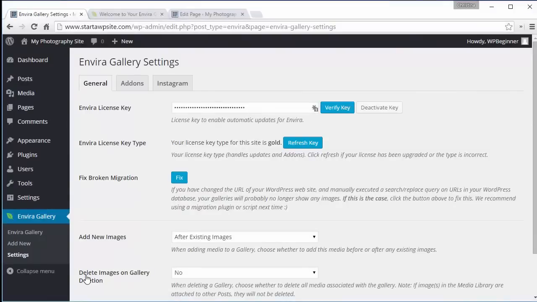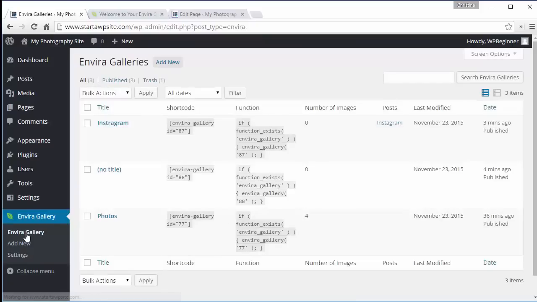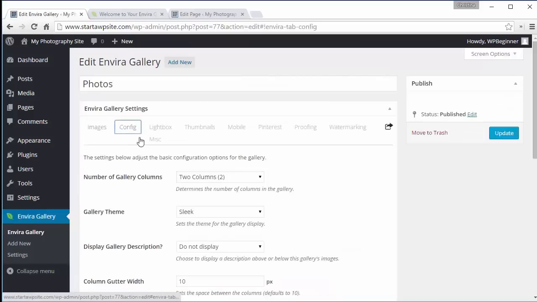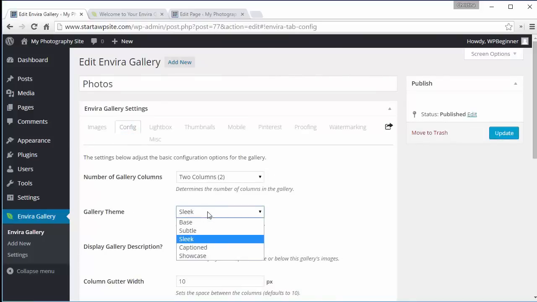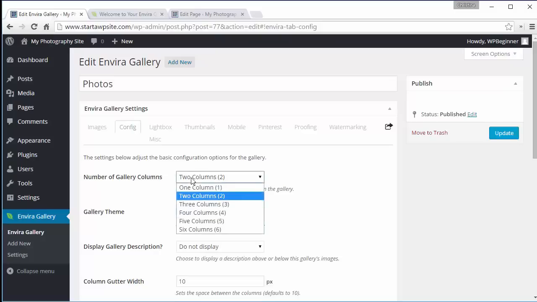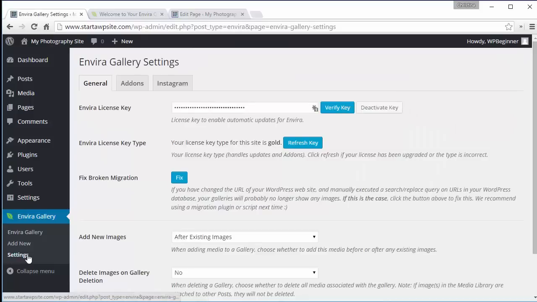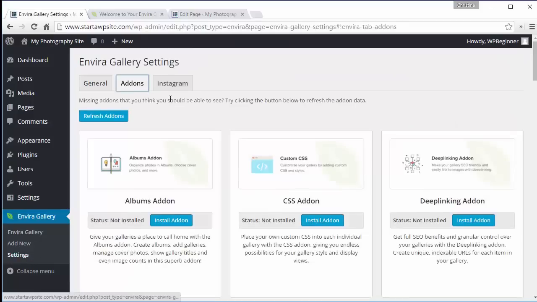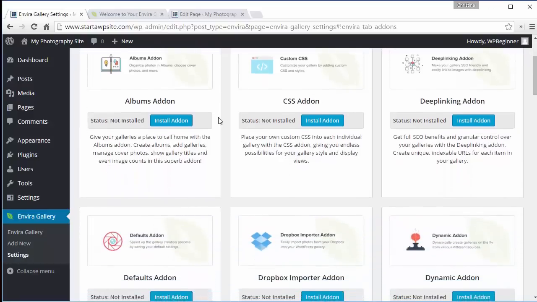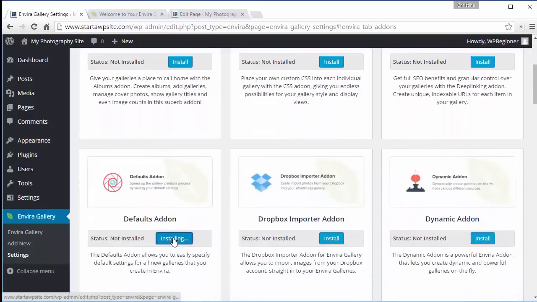Now, as we've been going in and setting these up, you've probably noticed that I kept going into each gallery, and I kept clicking on config, and I kept having to change it to sleek, because sleek is the one I like, and I kept having to change the columns and stuff. Well, there's an add-on for that. If you use every gallery a certain way, you can go into the add-ons section and add what's called the default add-on. When we install that and activate it, now I can go to Envira Gallery,